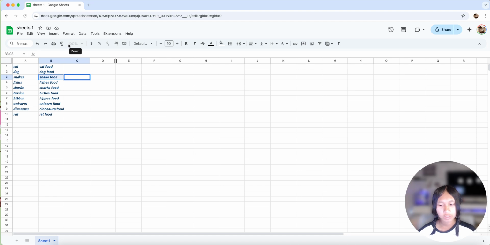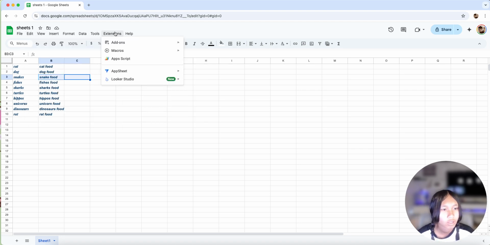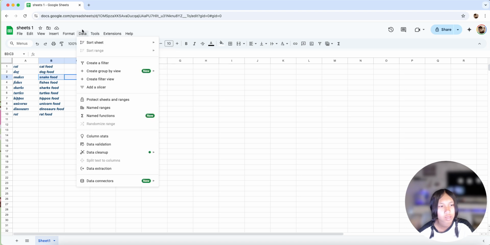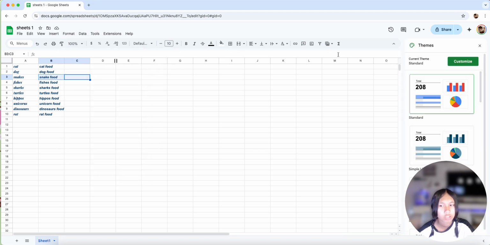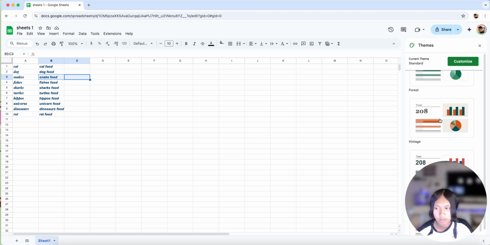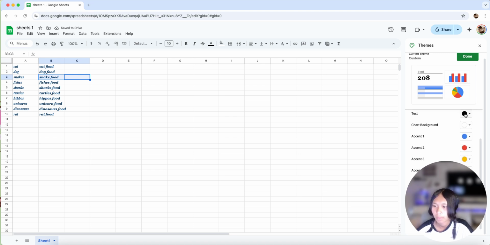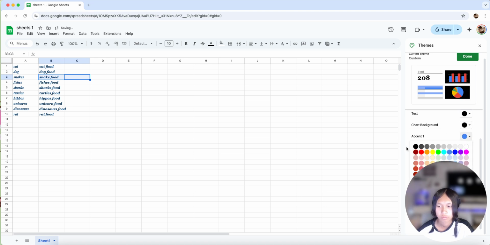You could also print it, and then you could also paint format, and then you could also edit it. Extensions like adding your app scripts or add-ons, tools, and then data, format, theme. So I could change the theme into like any of these colors or customize it. I could change it to this one. The text, this, chart background, accents,